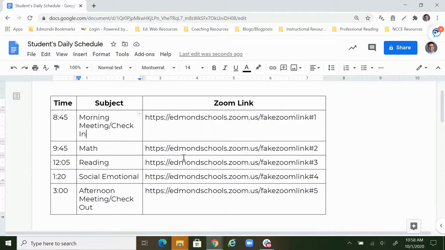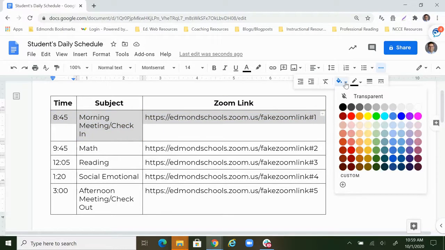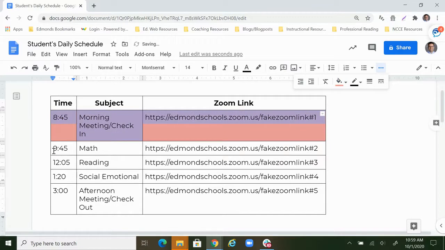Now, another thing that I found very useful is we can color code these cells so that the students can be directed to what they should click on by the color that it is. So I kind of like to just stick with Roy G. Biv as much as possible, but if we highlight all of the cells in a specific row, we can click over here and click this paint bucket tool, and we can start with a lighter shade of red, and then we'll highlight the next row and we'll choose a lighter shade of orange, and the next row, and I'm sure you're getting the idea here, we'll just pick a lighter shade of yellow,